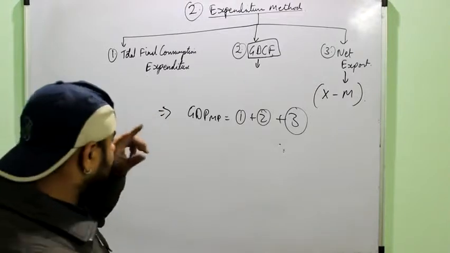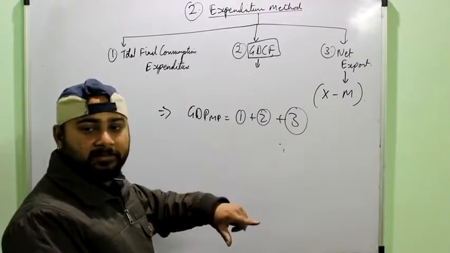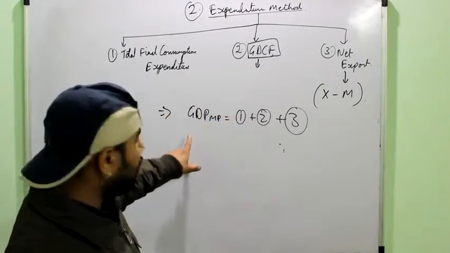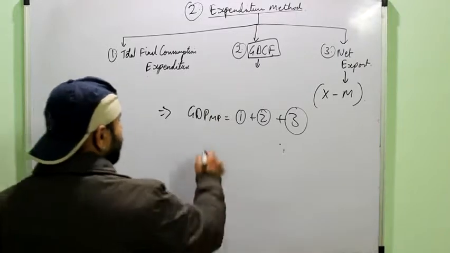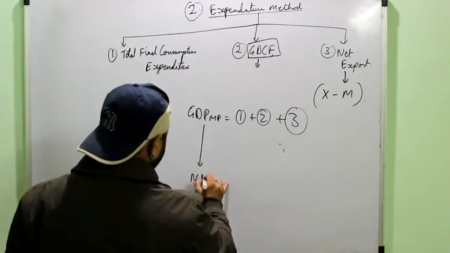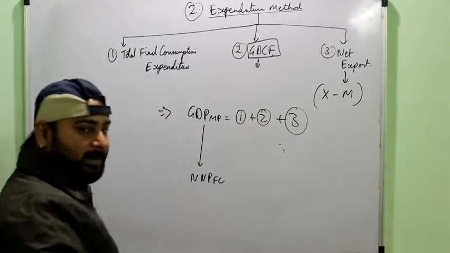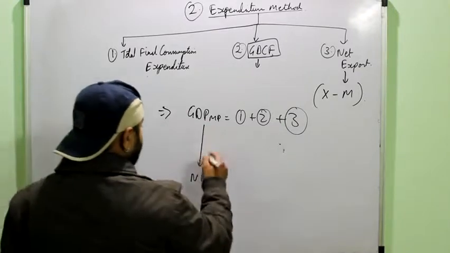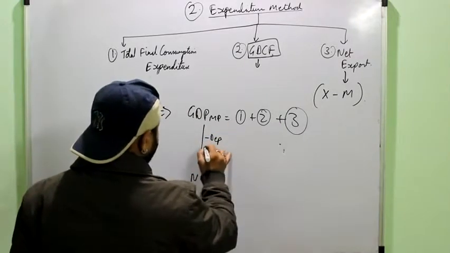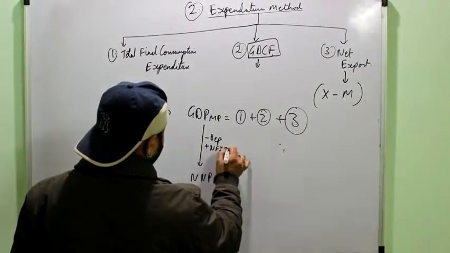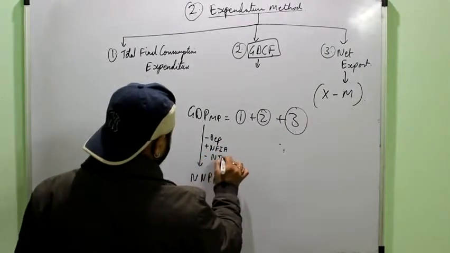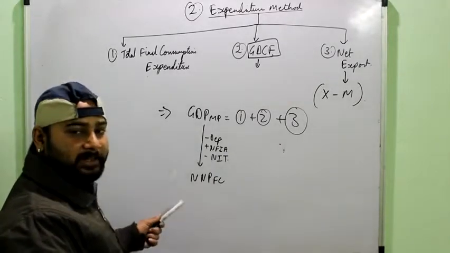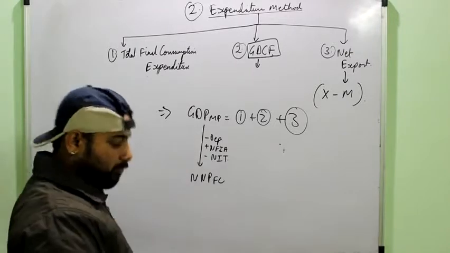If you use the income method, you will always get NDP FC, then you can convert it into some other aggregate, whatever is asked. While in the case of the expenditure method, you will always get GDP at MP. Now suppose the question was asking to calculate national income, that is NNP FC. That will be done later on after finding the GDP MP. Like here, from gross to net minus depreciation, domestic to national plus NFIA, and MP to FC is minus NIT. This is how you will move about in any method. You have to remember what you will get as your output.